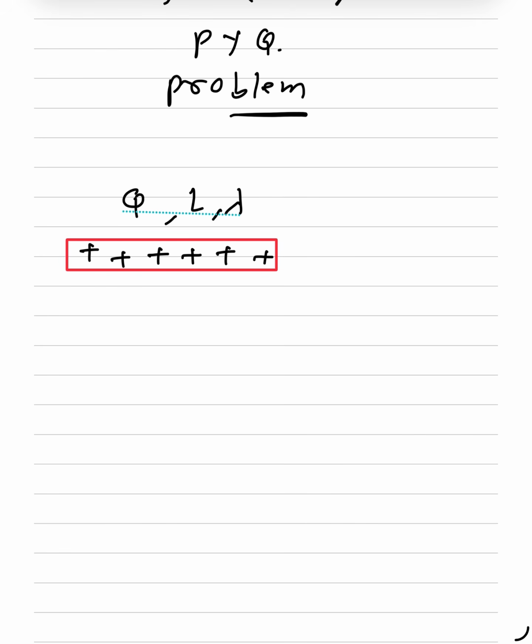From this end, at distance R, another point charge Q naught is located at point A. Find the Coulomb force